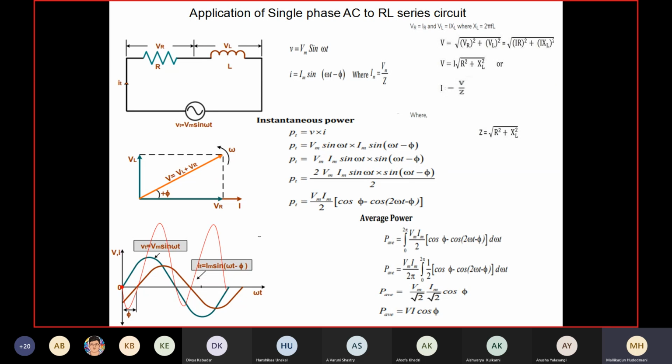Therefore, the instantaneous power consumed is given as P equals V into I. So we have the given voltage and the obtained expression. Multiplying them, I get the mathematical substitution Vm sin omega t times Im sin omega t minus phi. Now I can still simplify, because I have to get the average power over one complete cycle. How much is the consumption of power in one cycle? I want to quantify it. To quantify this, let us simplify this equation: Vm Im sin omega t into sin omega t minus phi.